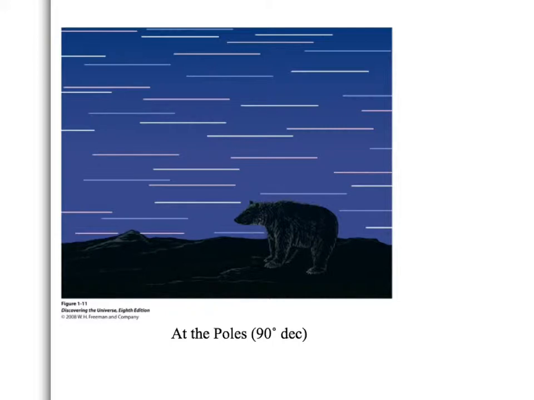So I have some pictures here, some star trails. Picture this, this is one of my favorite pictures. This polar bear just makes me smile. Just picture you are at the North Pole. So Polaris is at your zenith. If you are looking for the bullseye pattern in the star trails, you look up and draw one circle, a bigger circle, an even bigger circle, kind of like what your star trails would be like. Now if you keep drawing circles, you're going to move your way down to the horizon and draw one big circle around the horizon.